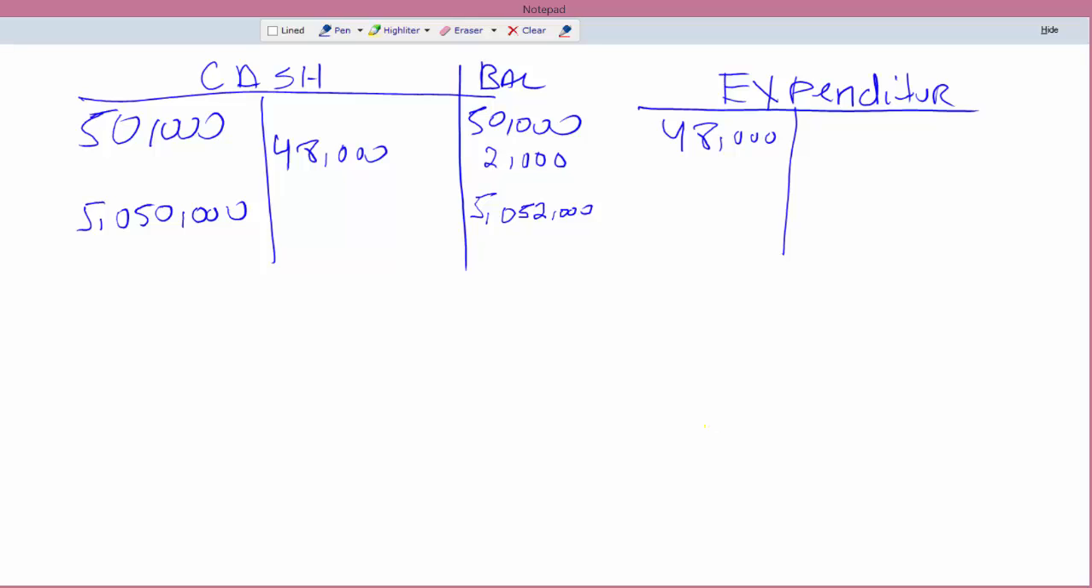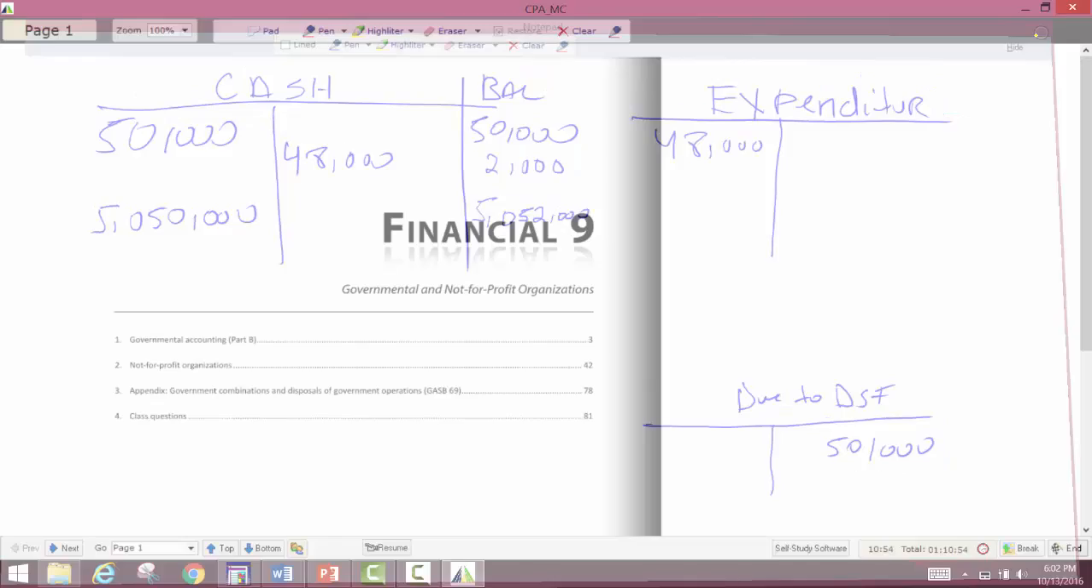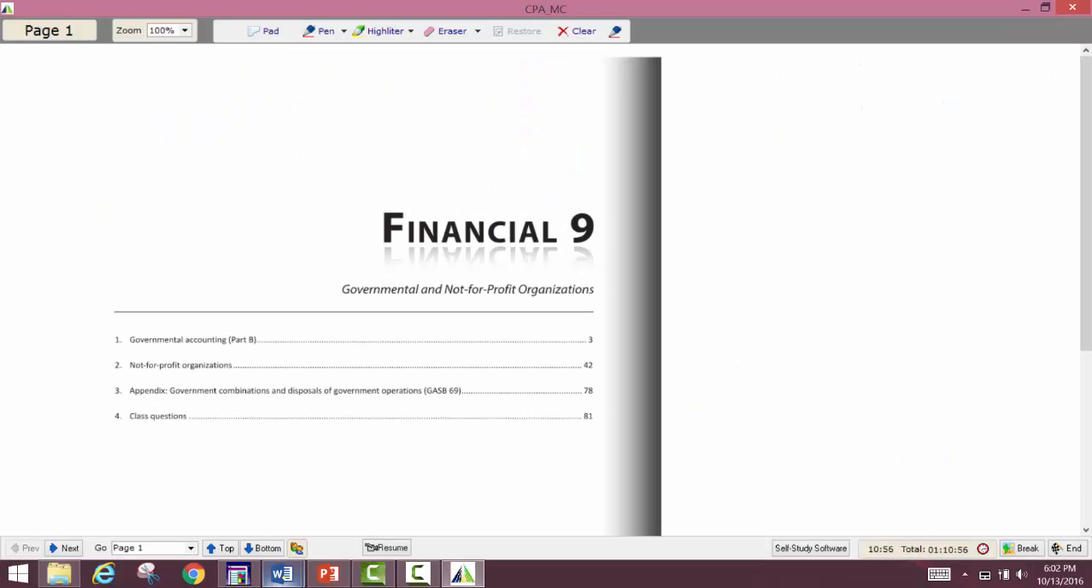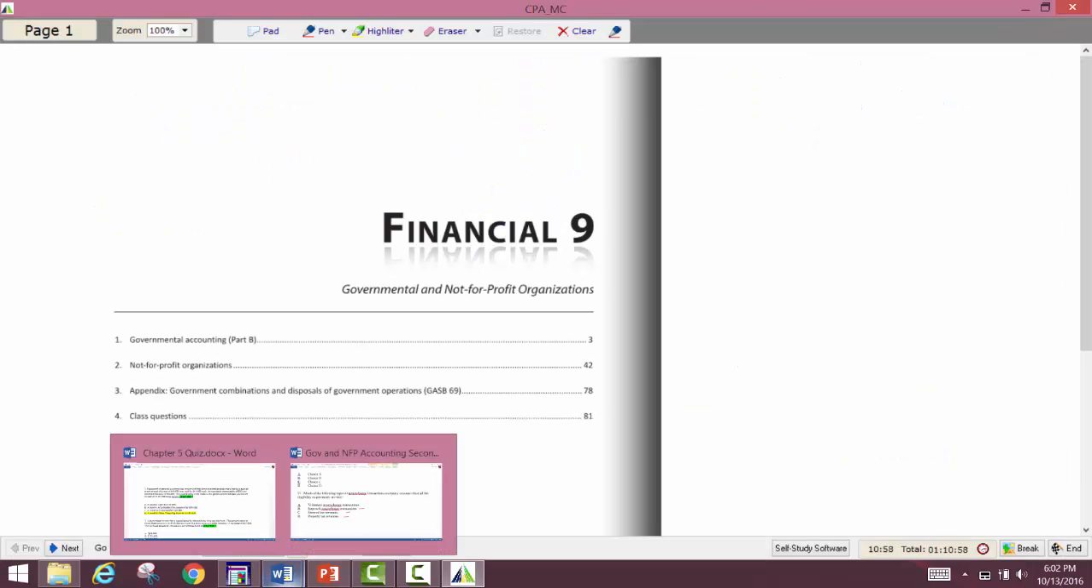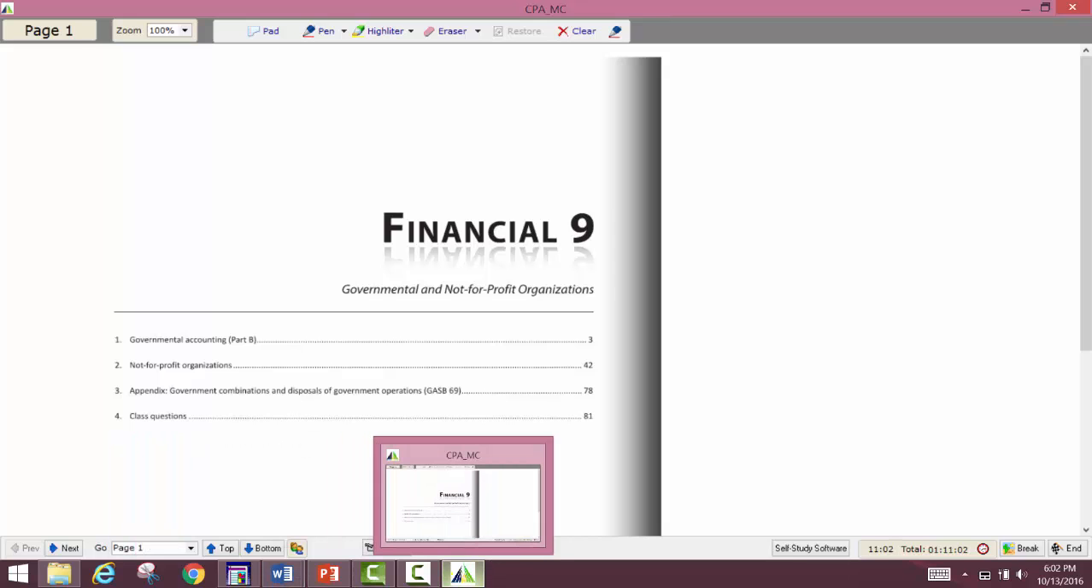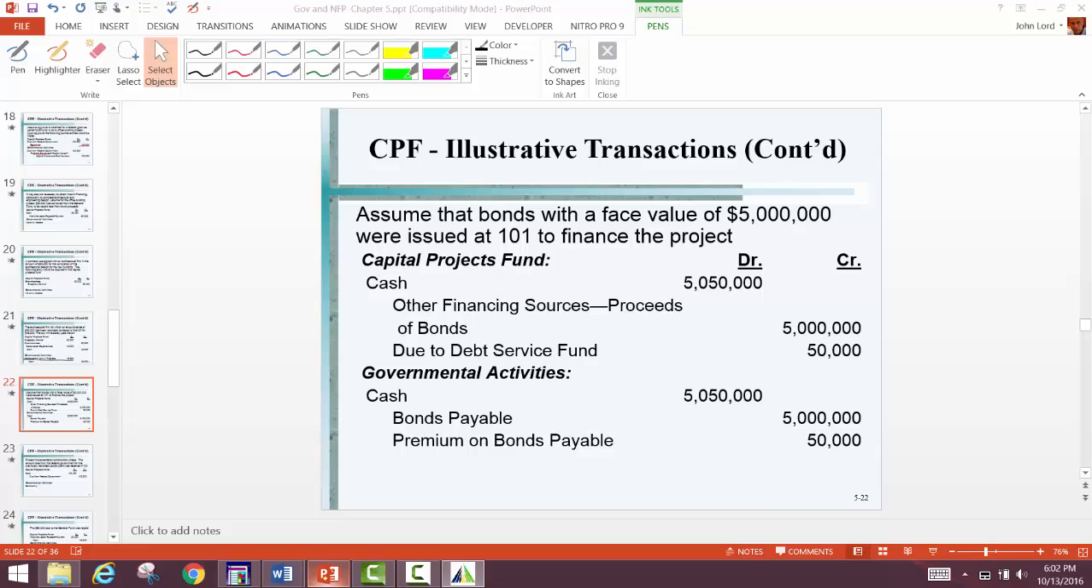Do you mind if I set up the due to the debt service fund? You don't mind? Set up, what was it, 50,000 due to the debt service fund? So I'm going to go ahead and set that up, right? I got 50,000 due to the debt service fund, okay? So I got this 5,052,000 sitting there, and I've gone ahead and I've got some money now from this bond issue, and now I come over and now I'm